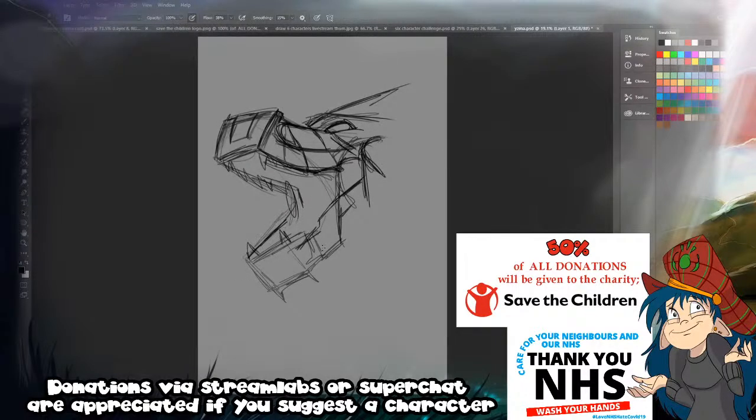Very rough layout right now. We'll get into the detail a bit more later.